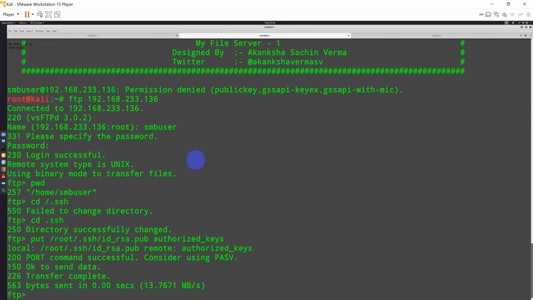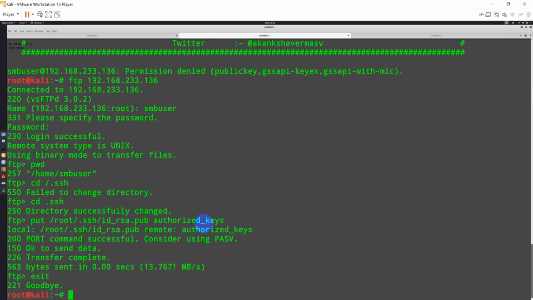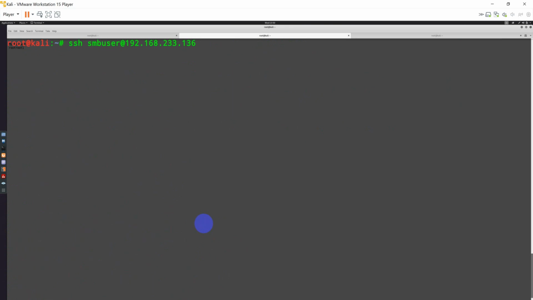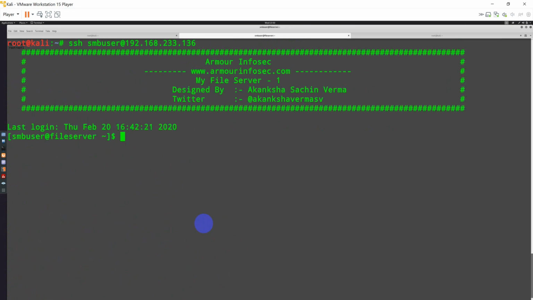Cool. So now the file has been successfully transferred inside this particular path. Let's come out and try SSH now. I hope it should work. Cool. Now our SSH keys have worked and we are able to simply log into SSH.